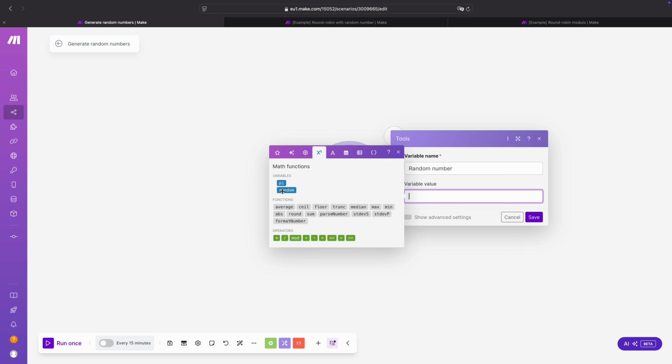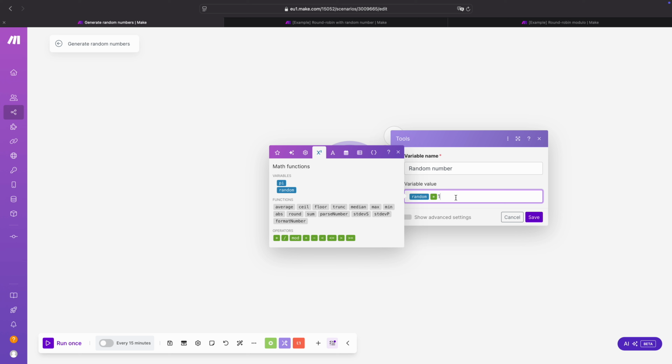Maybe you want to use it for a user ID or some kind of unique customer support number in the subject line. So what we're going to do is pretty simple. It also looks like what we had before, but first we add random, then we multiply it by 1 and then the amount of zeros that you want your number to be long. So we want our number to be 10 digits, so we add 1, 2, 3, 4, 5, 6, 7, 8, 9, 10.